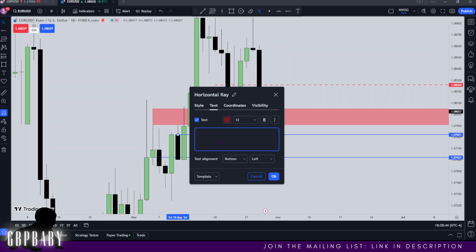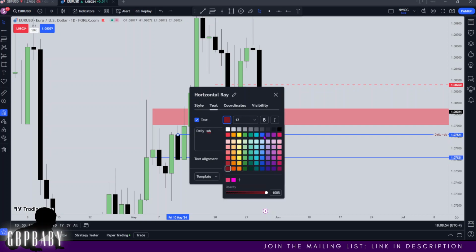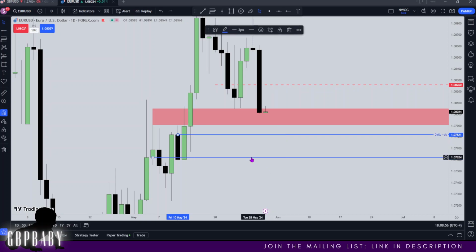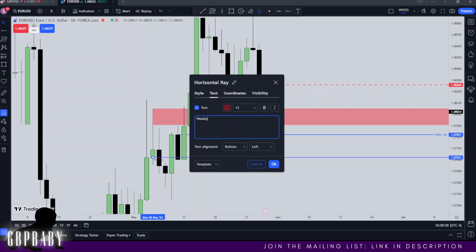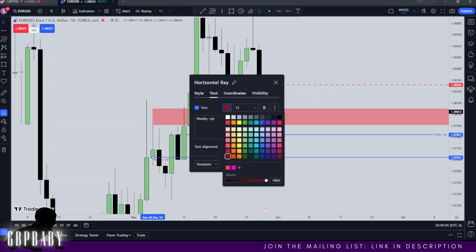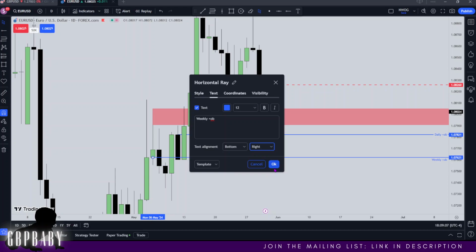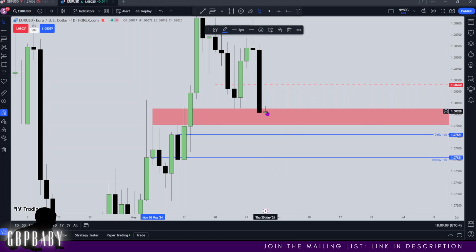I'm going to write daily, if I can spell, bullish order block, put that on the right, center, make that blue. And then this was a weekly bullish order block. Now, the likelihood of it trading to a weekly PD array is less likely at this point, I believe. I will speak more on that tomorrow, but like I said, if